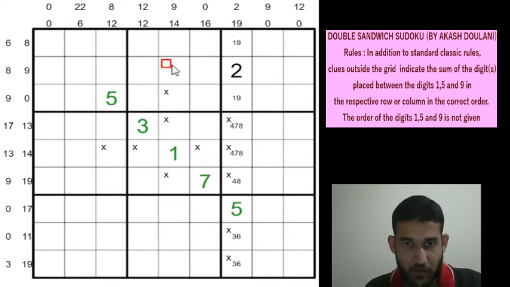So you are going to have a 5 and 9 in one of these 2 cells, and a 5 and 9 in one of these 3 cells. But can you have a 5 and 9 in row 7 column 5? Not possible because there is a 14 clue which requires at least 2 cells, so this is not a 5 or a 9. So we can have 5 and 9 in one of these 2 cells and a 5 and 9 in one of these 2 cells.